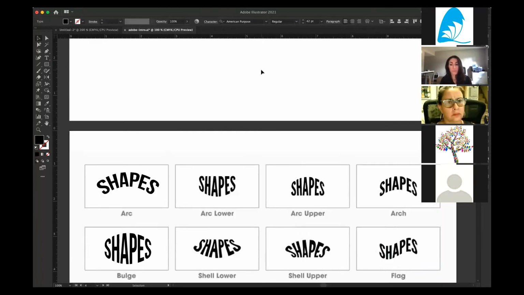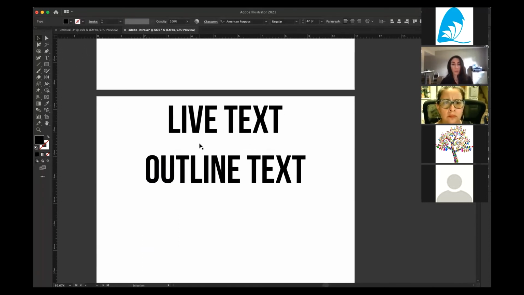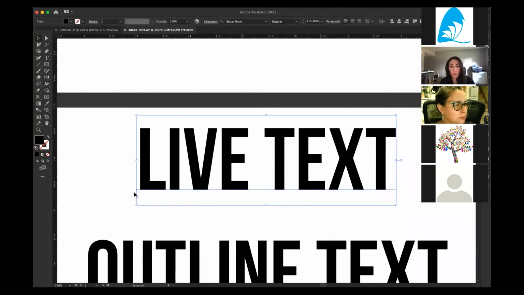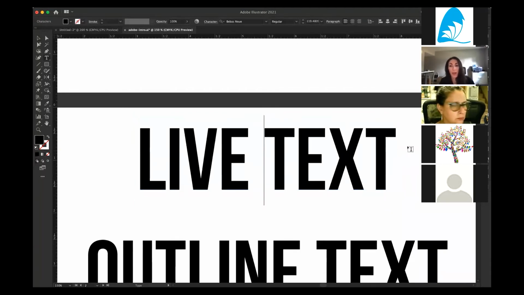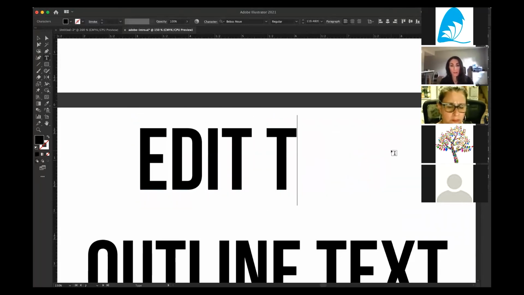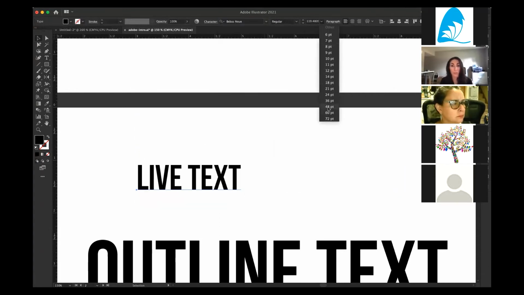All right. I want to talk a little bit more about the text tool and the difference between live text and outline text. Live text means if I click this, you can see that there is this blue line underneath the text. That means I can select, edit, and delete it. I can edit live text. I can change the font. I can change the size. There's a whole bunch of things I can do